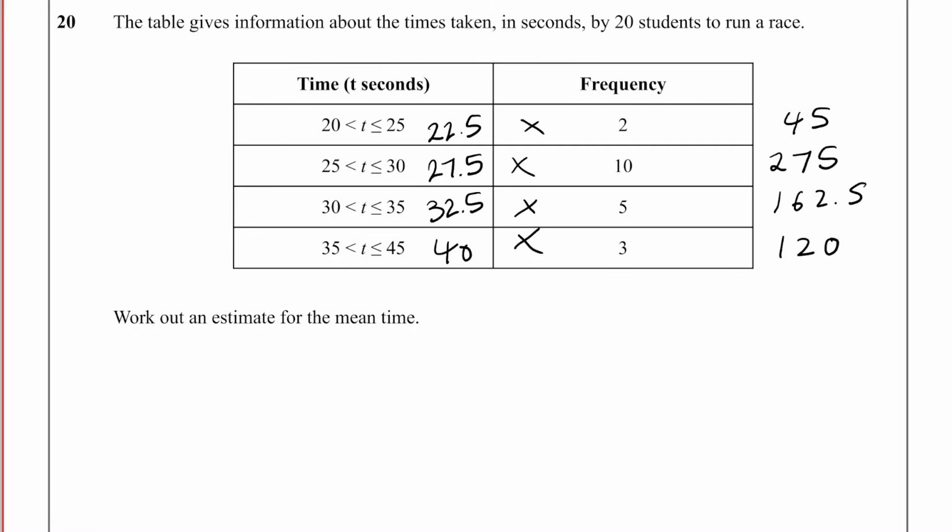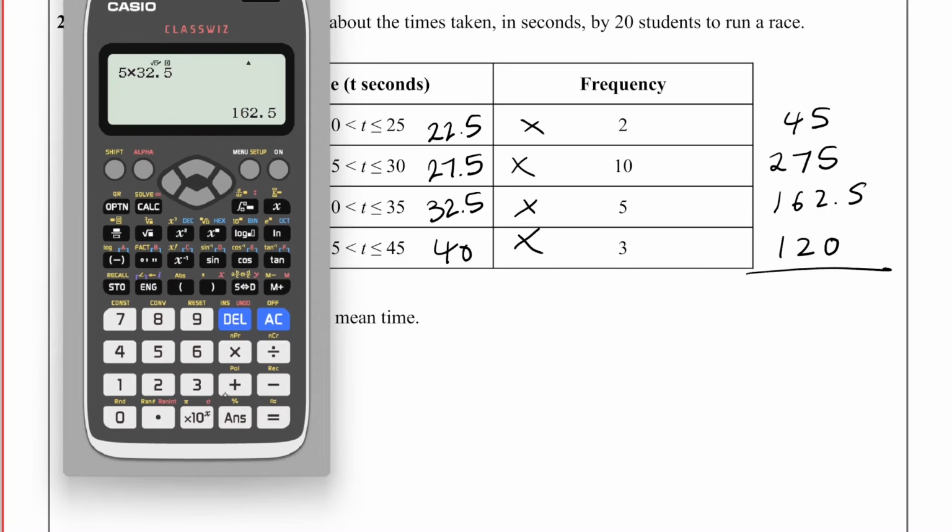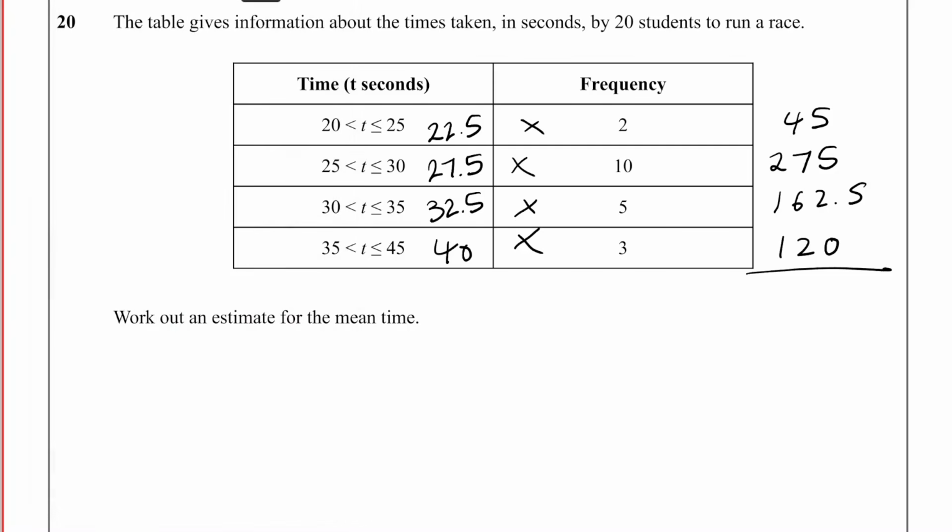So to add up all of their times, we need to add up these 4 numbers. So plus the 120, plus the 275, and plus the 45. We get 602.5 seconds. And there are 20 people, so all of their times, all added together, 602.5. And there were 20 people,